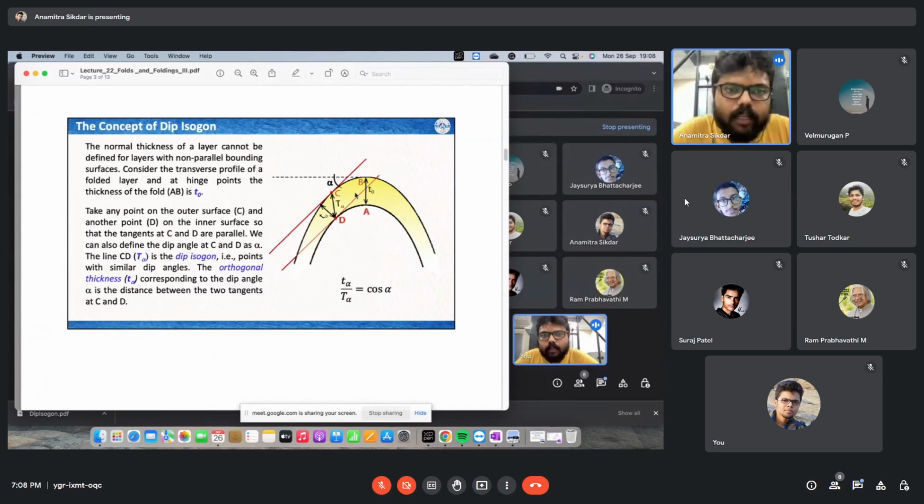You can say that T alpha is the deep isogon. So there are different things, but mostly we follow the PPT here because these things are taken from Ramsey's